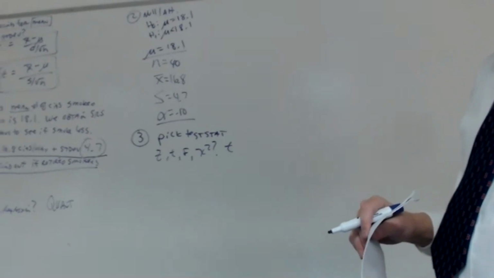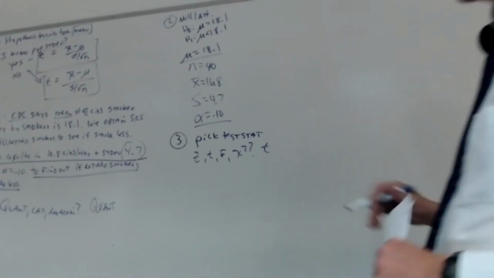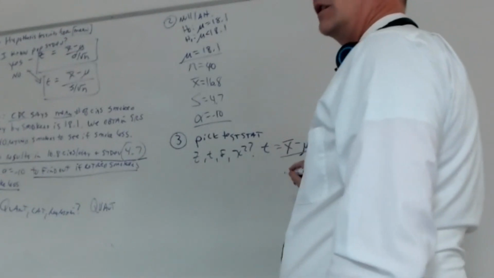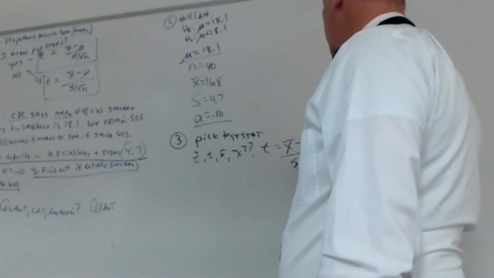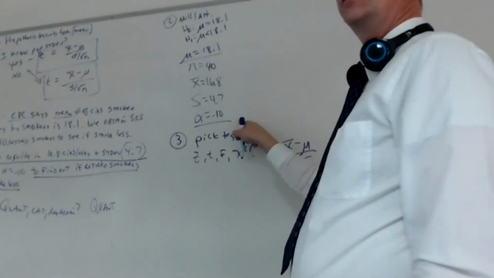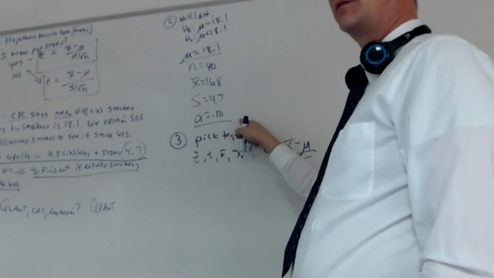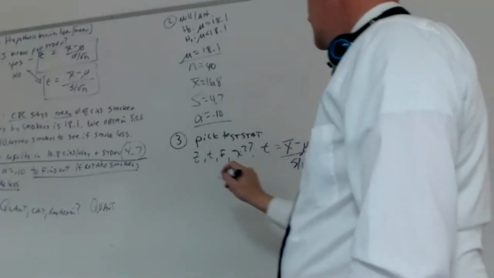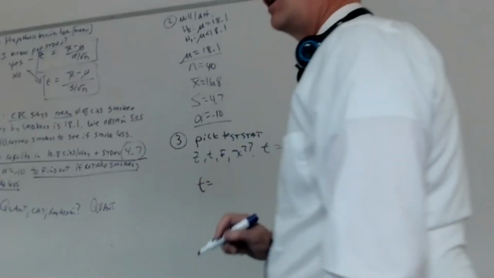Still on the board. T equals X bar minus mu over S over the square root of n. Since I've already labeled everything, this should be super easy to plug in, right? Okay. So, can you plug all those numbers in for me? T equals,